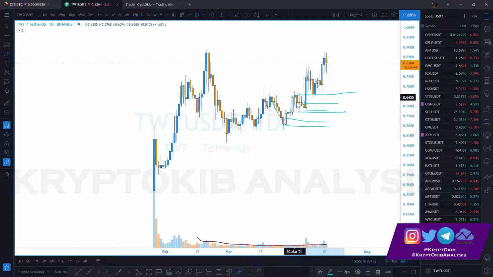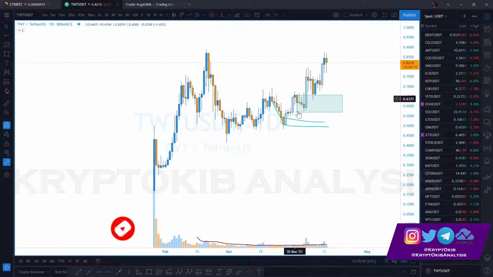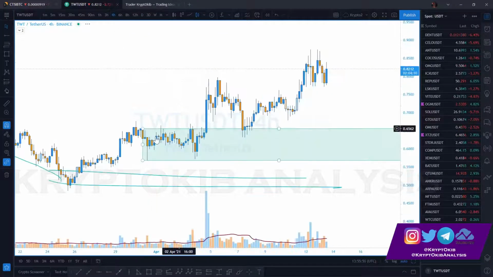For them to be contained within this red candle, it shows that the market is in a sideways market on this particular time frame, even all the way from this particular open to this highs. But some people will not use the highs, some people use the body. So you can choose to draw your zone like this, using this particular close here, open to this particular lows. So this entire area may be your zone. If you go on the 4-hour, you will see that this entire price action here has been used